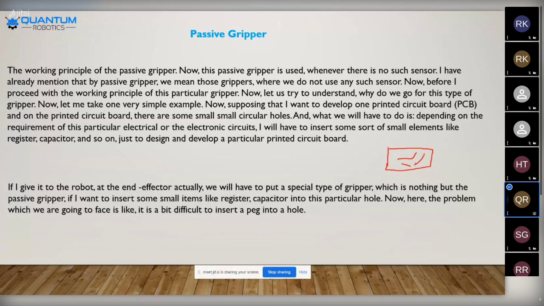For that we are going to use the passive gripper to drill that particular area and insert the objects at the exact moment in that particular board. Now you got it, how a passive gripper will be used and how its working principle works.